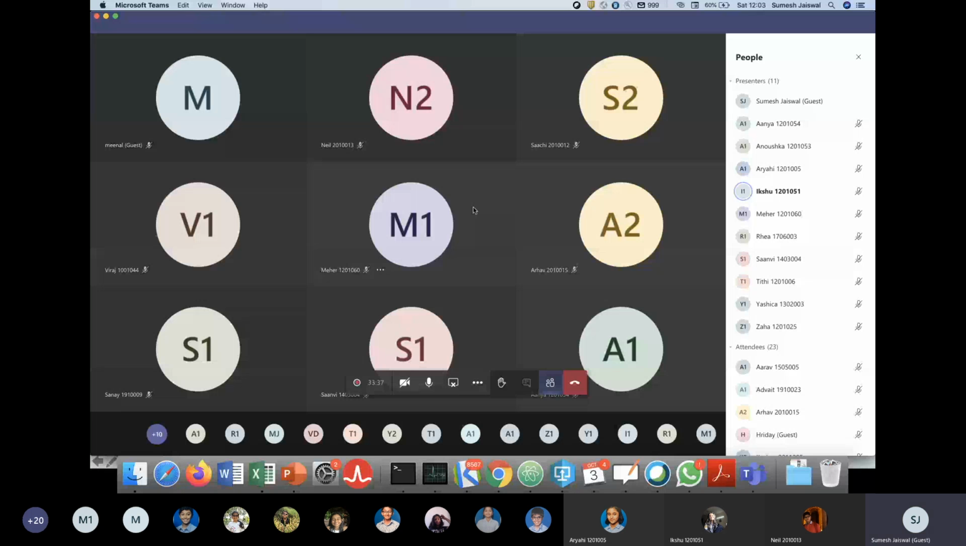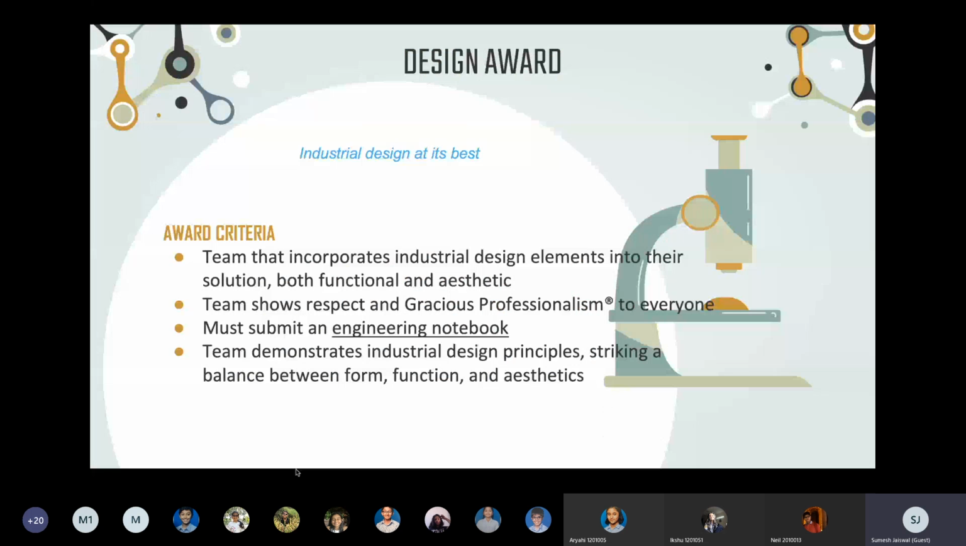Okay, so like I was saying, the design award looks at both functional aspects of your design and aesthetic aspects of your design. And how do you strike a balance between the two? For example, your robot could be the best looking robot, but it doesn't do anything, so that doesn't help. And it might be doing everything really well, but it looks really ugly because